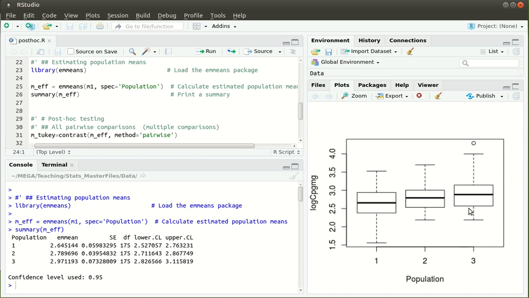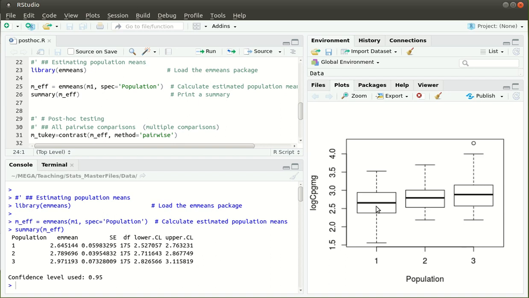that on average the cortisol doesn't depend on the population. And we saw evidence from an analysis that we can reject that null hypothesis. So there's evidence that there are differences between the populations. So a question that emerges from that is, where do these differences lie? And that's a question we hadn't planned at the start, so we need to do post-hoc testing if we want